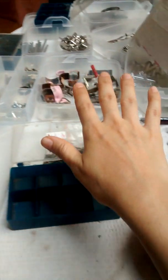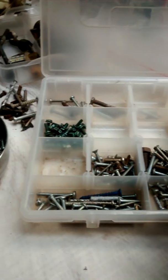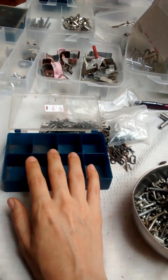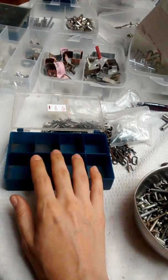I'm supposed to reorganize these screws and things, you know. Before I continue and show you what I did to make this kind of easier and simpler,